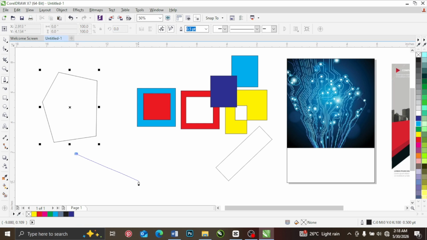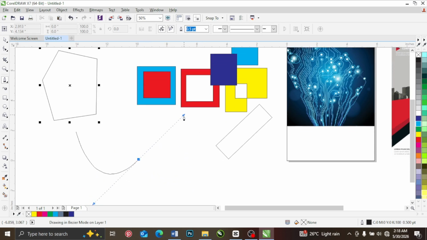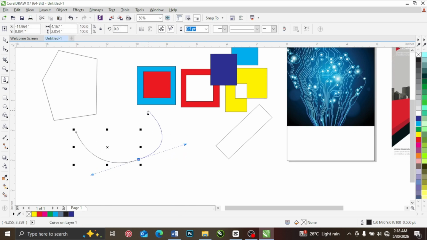Then before you click and leave your mouse on the other point, you have to click and hold, then move. I'm holding down my button and move. It's going to give you a curve. Then if you are done, you leave your mouse, then click on another point. The curve continues. If you want to make this straight line a curve, you click and hold. Now move. You continue your curving. And at the end of the day, if there are some mistakes you want to correct,